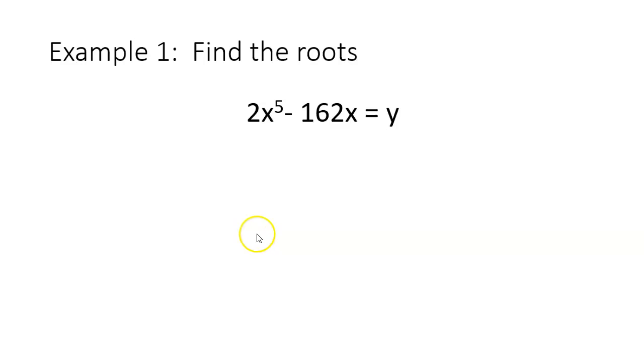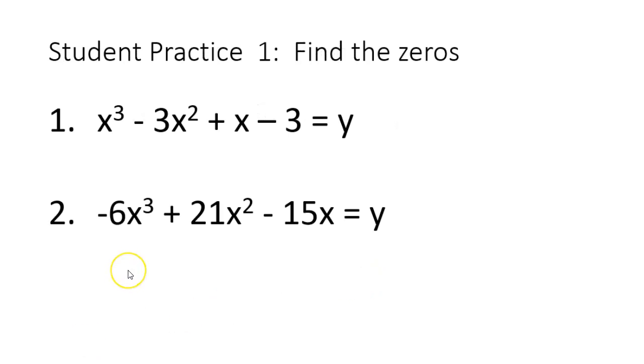All right, so finding the roots. Step 1, make y equal 0. Step 2, factor. Step 3, zero product property. So this is basically factoring practice for you guys for the most part. That's where most of the work is at. So go ahead and we're going to start off together here on this one. We're going to just go ahead and do the first step together, which is let's go ahead and make the problems equal